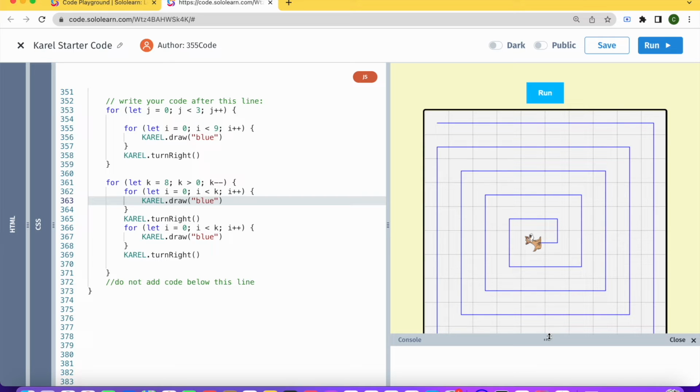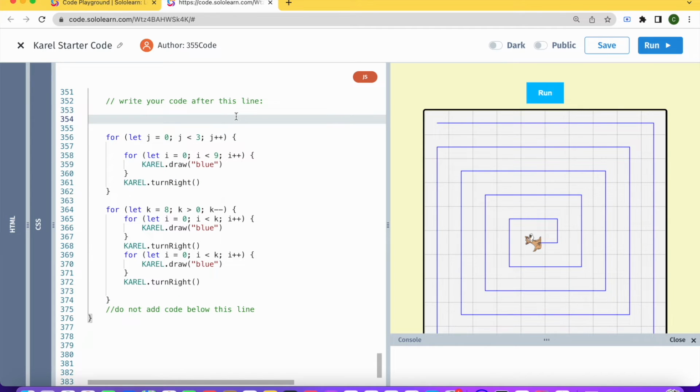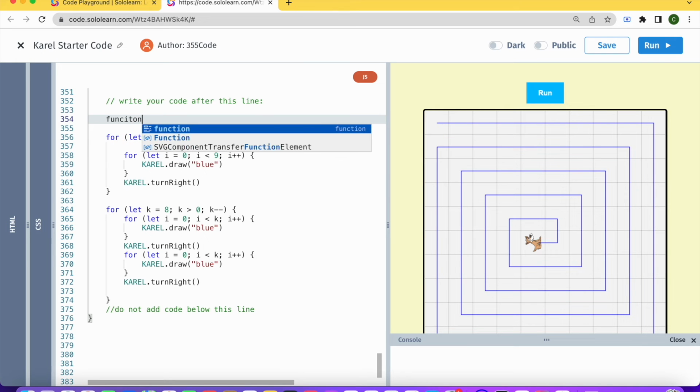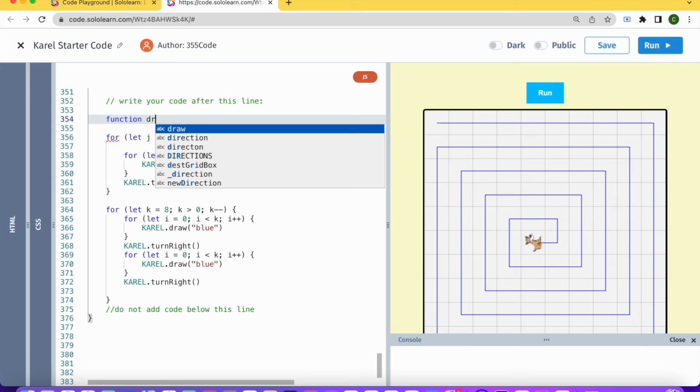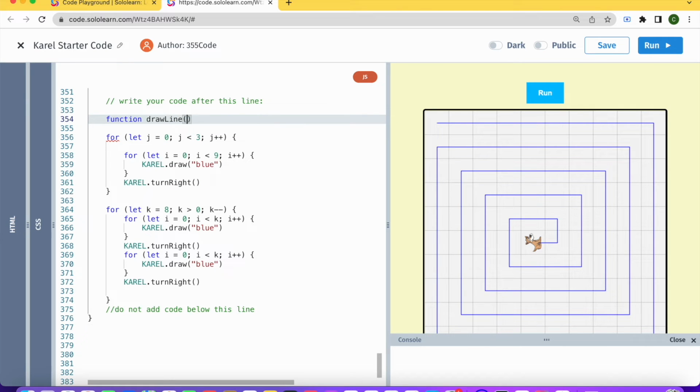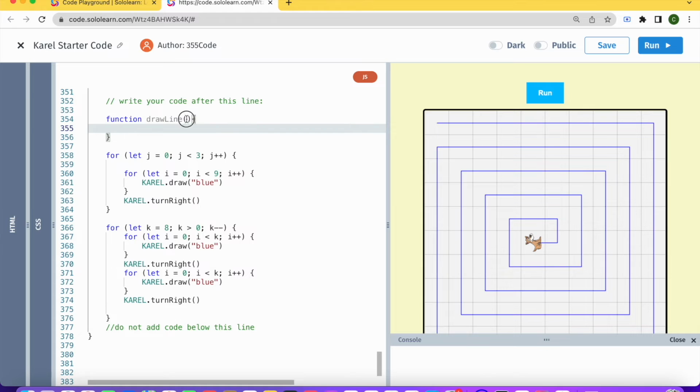Okay, and now let's see if we have any more ways that we can make our code even more efficient. Okay, so here we see that we still have some repetition. Okay, so let's create a function, and this is also being repeated over here. So let's create a function. Okay, and let's call this fill line, okay? Or let's say draw line, just because we're using the draw function here. Okay, and this function is going to take a parameter, okay, and this is going to be number of squares,